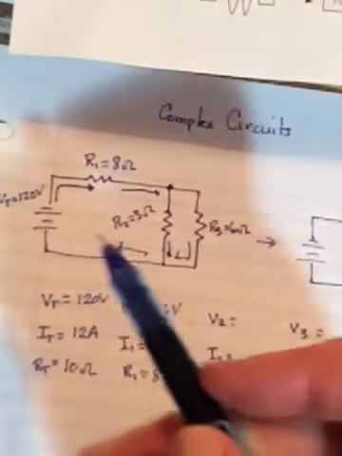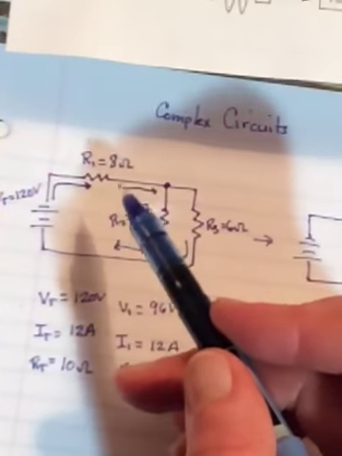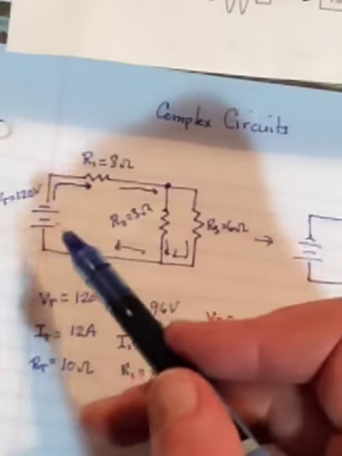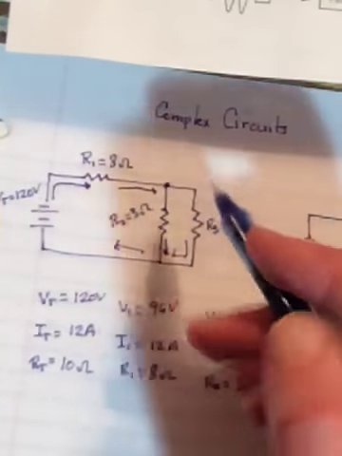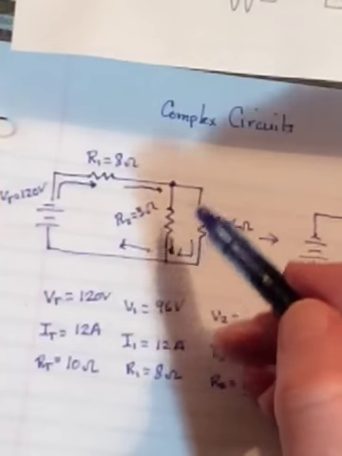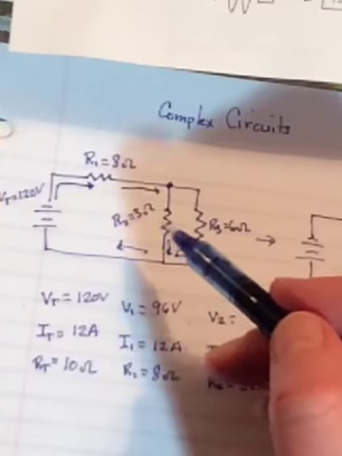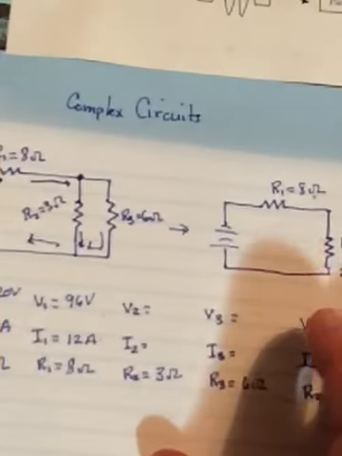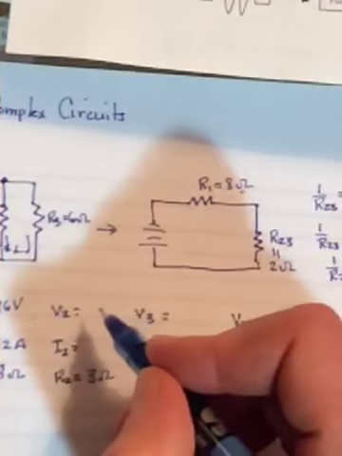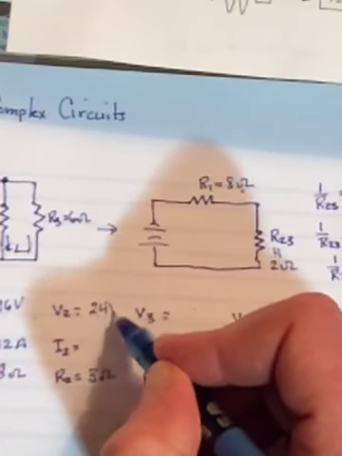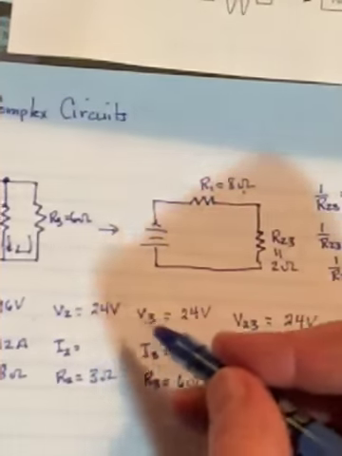Are they going to be equal to the 120 volts? I hope not, because R1's taking out 96. So when the electrons flow through R1, they lose 96 volts, and then when they get here, they only have 24 volts left, no matter which way they go through. So V2 has to be equal to V3, has to be equal to what you found for V23, which was 24 volts. So put your 24 volts in here, your 24 volts in here,